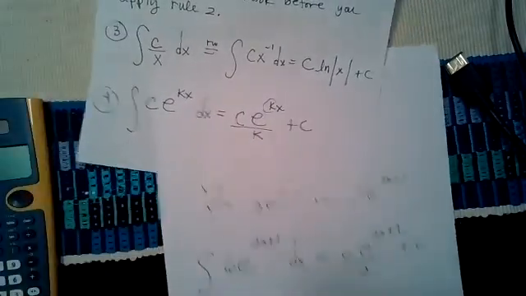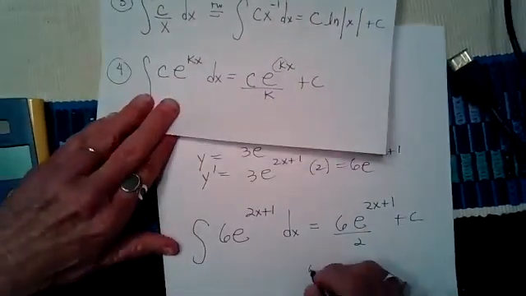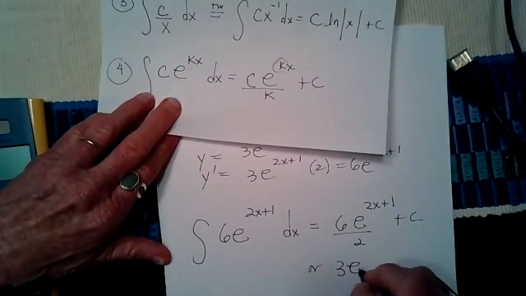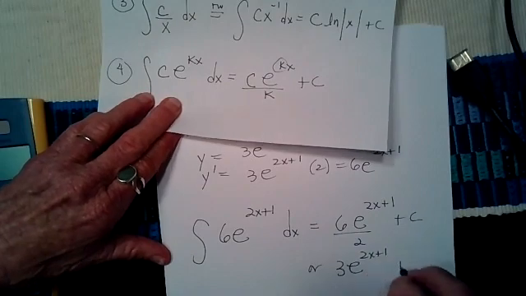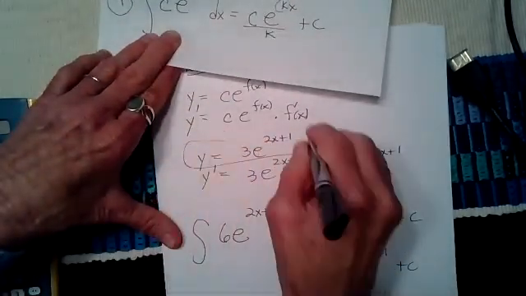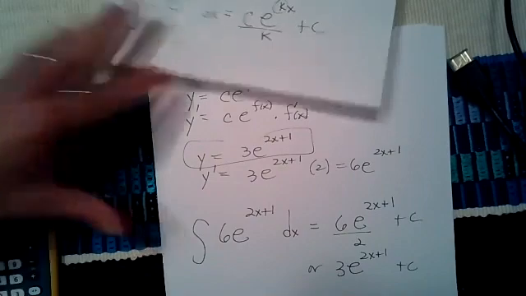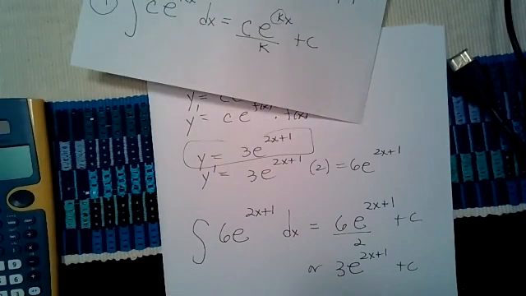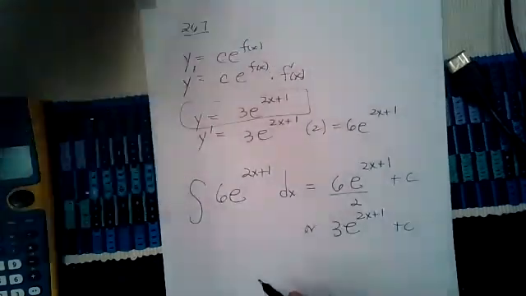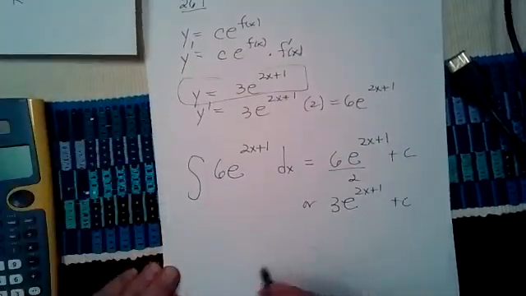And you can leave it like that, or you can write it as 3e to the 2x plus 1 plus c. So this, we got back going the other way and going backwards. And these are just 4 rules that you have to memorize. And a lot of times they will be